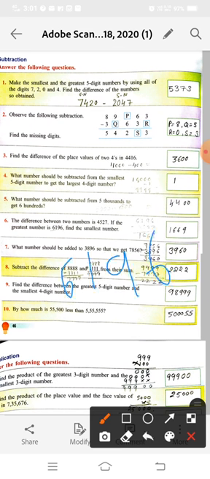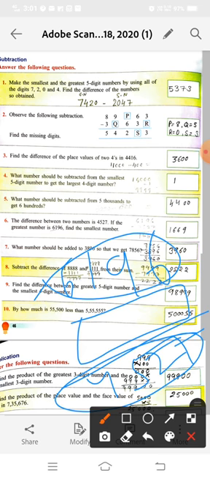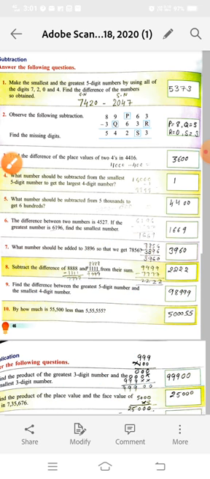6196. Okay, find the smallest number, meaning what did we subtract from it? Then we have 4527. So what we have to do, we will subtract this answer from this largest number, then we will get 1669. It will be our answer.